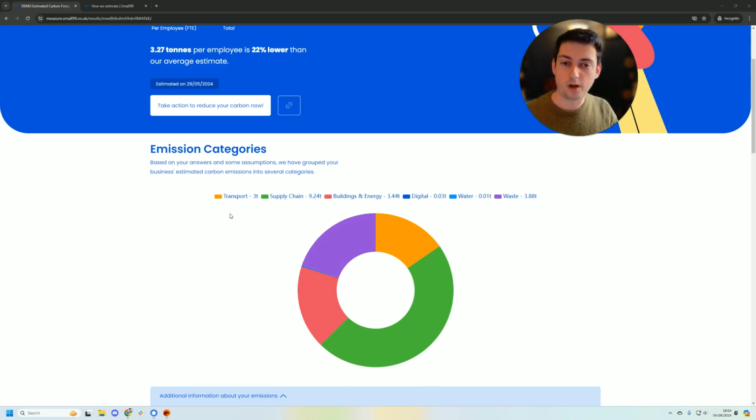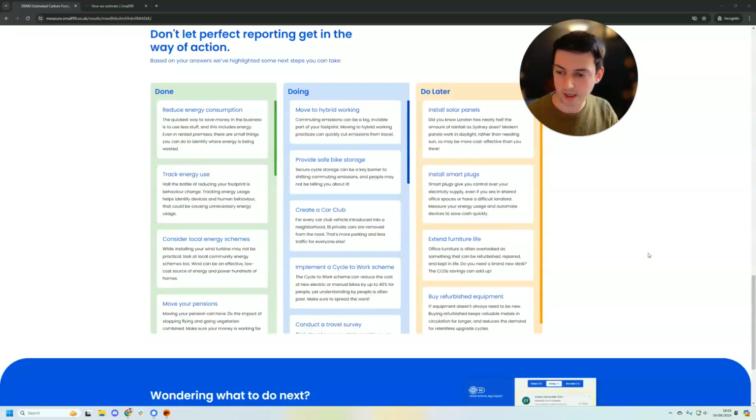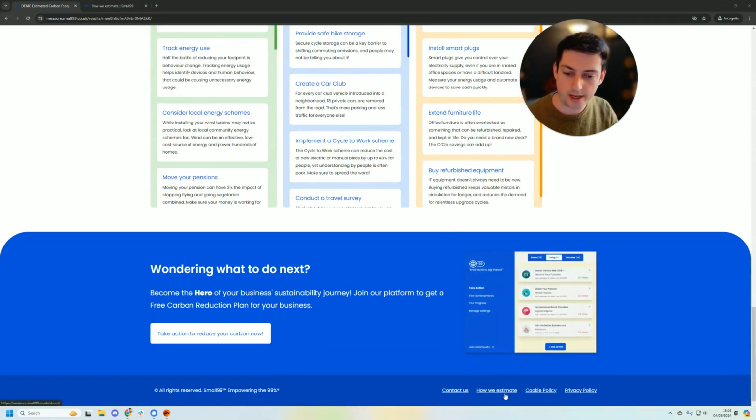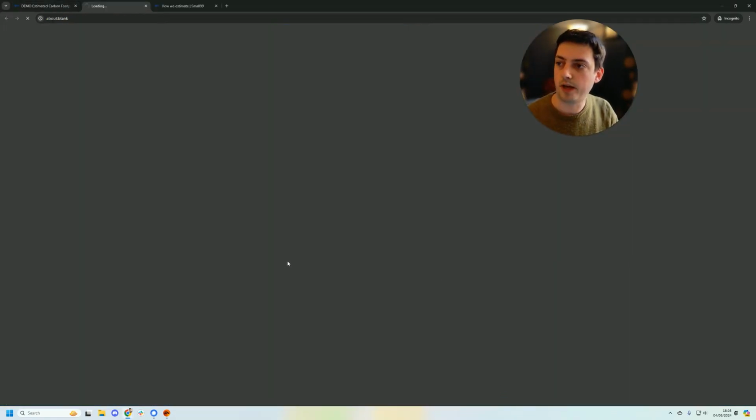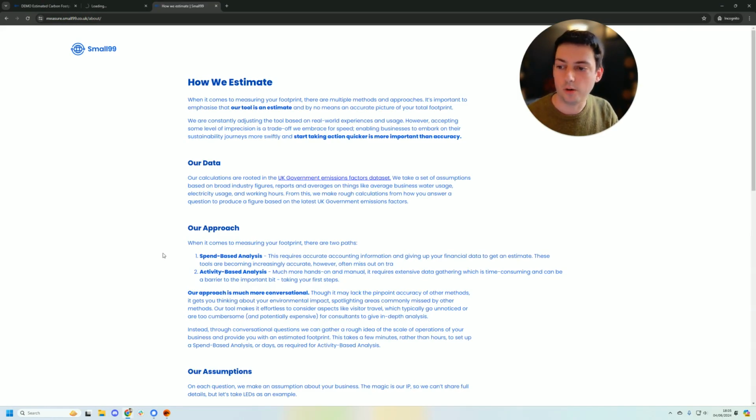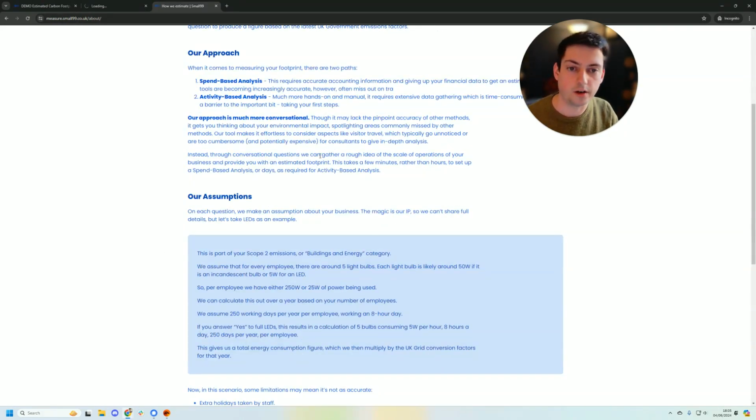If you'd like to read more about our methodology, if you go to the bottom of the page, there is a link called How We Estimate, and that brings up a new page where it gives you much more information on our data and our approaches and just some caveats of